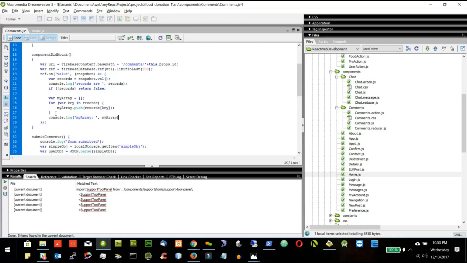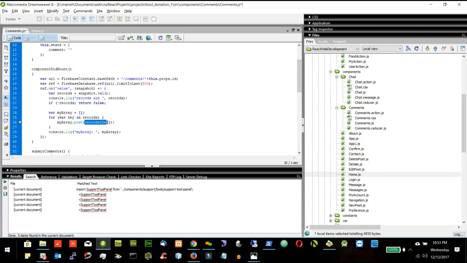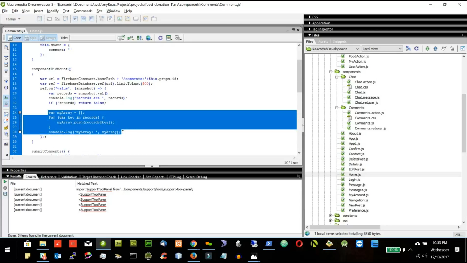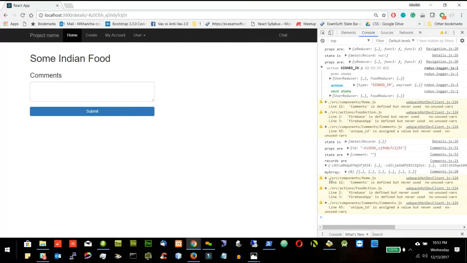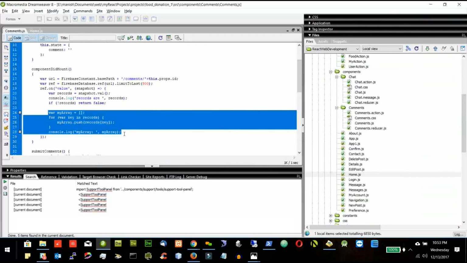So why are we putting this one? Because this is an object with key. So we don't have 0, 1, 2. It's a string variable in the key. That's the reason we first loop through all the records, and for each record, with key we can get each record. And since we get each record, we will put each record in the array and we can display it in the array. So ultimately we are converting object to array. This is called converting object to array. Because it's easier to traverse an array than an object,